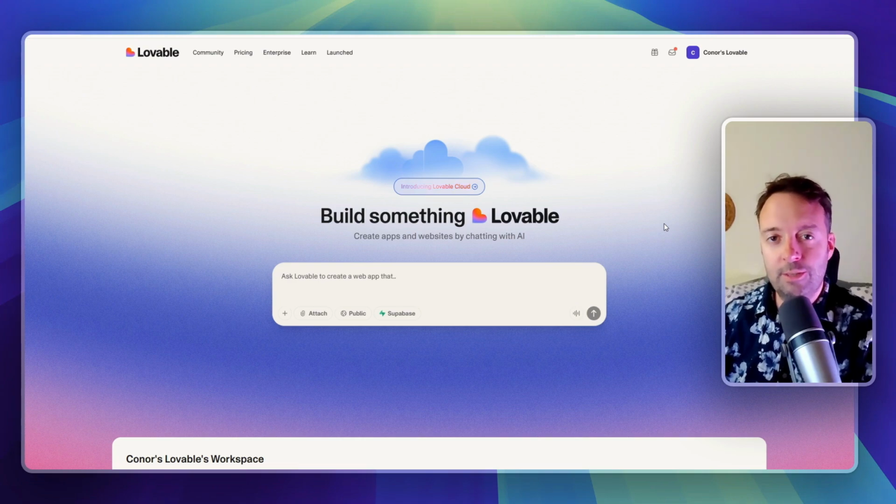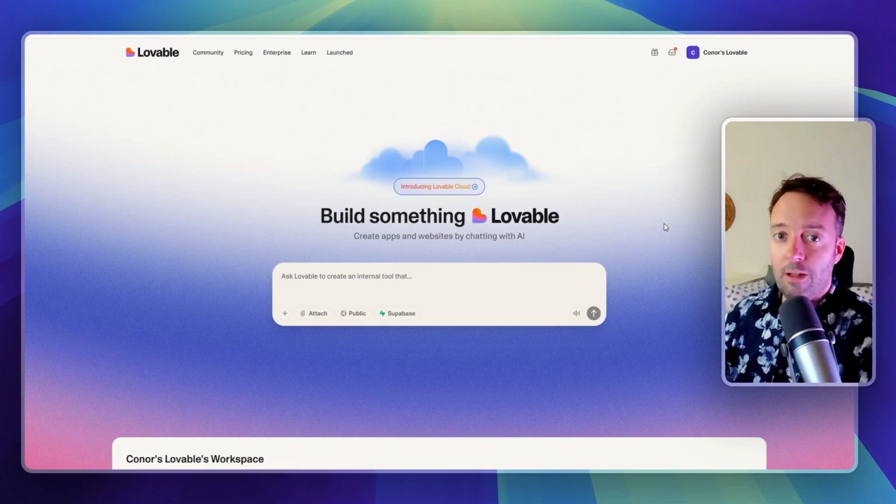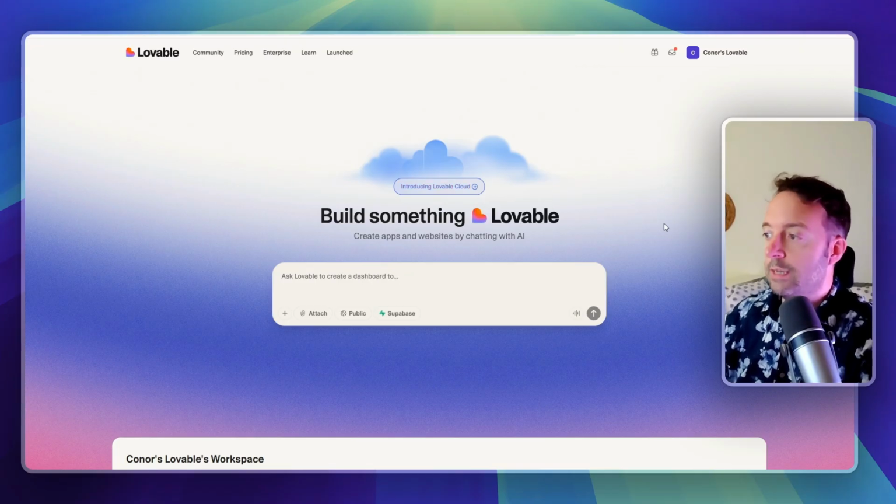Lovable is an amazing tool that you can use to build websites and web apps. So let's get into all the features here and how to use this tool. So first of all, you'll come to this page here and you can literally ask for whatever it is you